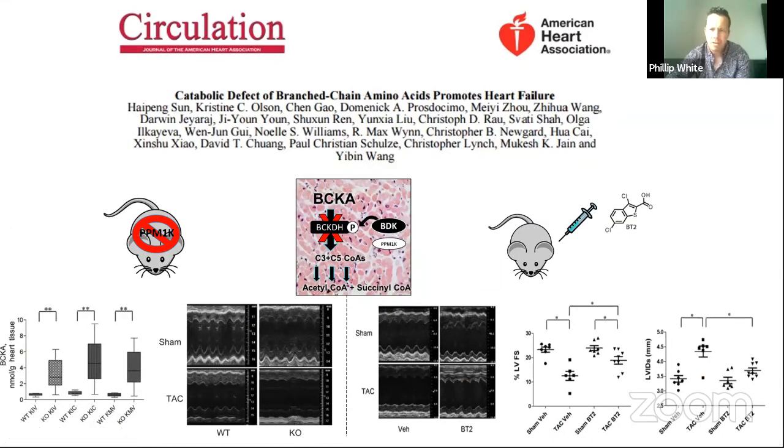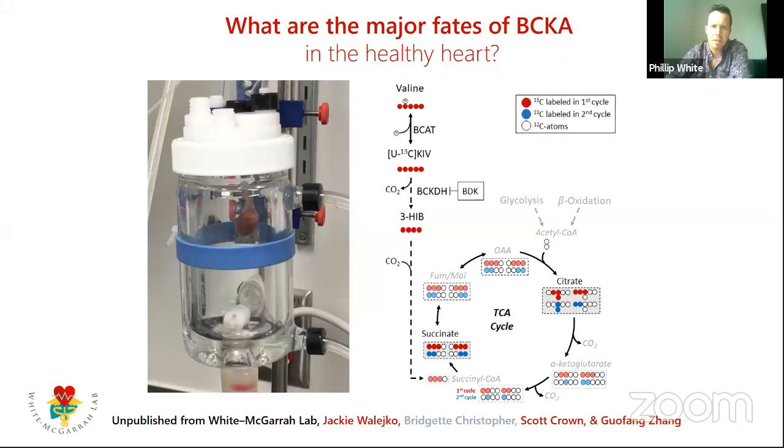So this suggests that exposure to high keto acids, or an inability to oxidize them potentially within the heart, may provoke functional cardiac impairments. However, since both of these manipulations were systemic in nature, it's really hard to determine whether it was indeed intrinsic effects within the heart, due to intrinsic downregulation of oxidation, or due just to high exposure to branched-chain keto acids. And so we felt it was really important to map the fate of branched-chain keto acids in a healthy heart, to get an insight into what might actually in fact be perturbed.